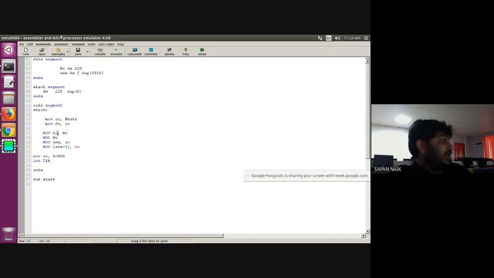So there is an error. Here I have written DW, but it should be DB. I want to find out the cube of an 8-bit number. If you want to declare 8-bit, you need to write DB. If you write DW, it will take it as a 16-bit number, then we'll create an issue because that number can't be stored. So that's why it is DB 120. I am transferring that number into AL. Now this instruction is okay because the number is 8-bit, AL is 8-bit. Fine?